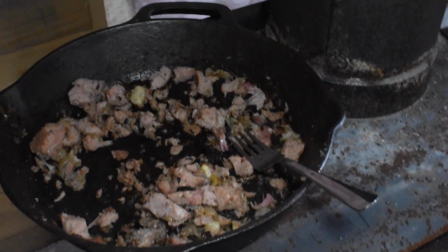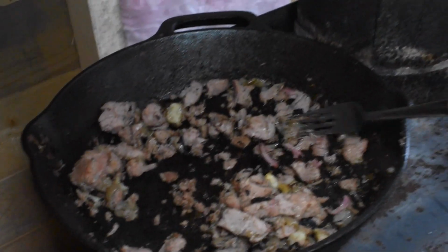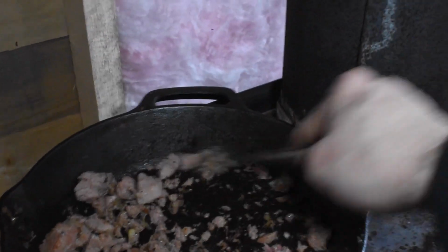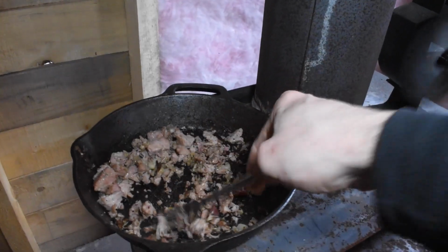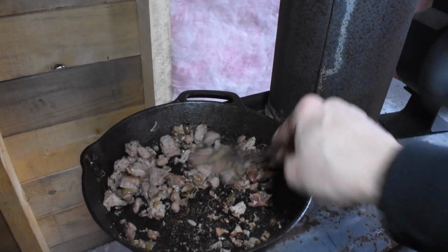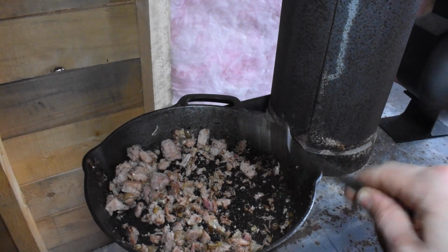Alright, well there's lunch, cooking all up there. Like I say earlier, it's just some ham and some onions. Onions absolutely smell wonderful cooking up. So I'm going to get that into my gullet here in a minute, and I believe the next